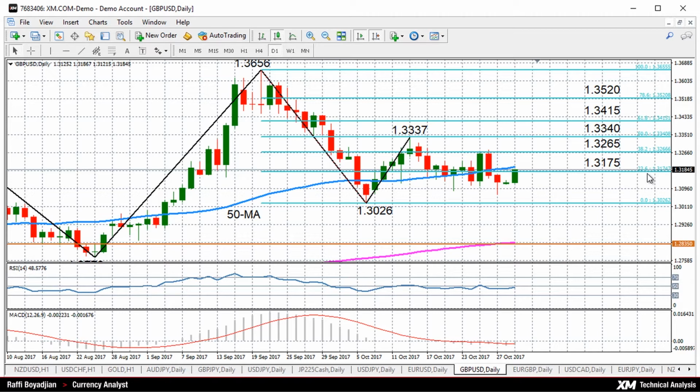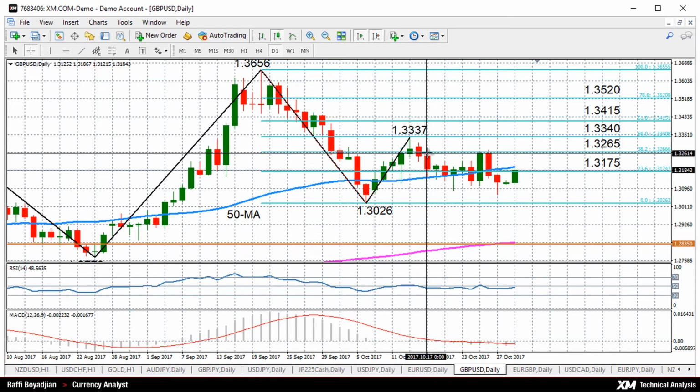23.6% Fibonacci retracement level of the down leg from 1.3656 to 1.3026. The 23.6% Fibonacci is currently around the 1.3175 area, so it's already clearly testing that level, with resistance coming from the 50-day moving average just below the 1.32 level. The next resistance to test is the 38.2% Fibonacci at 1.3265, and then the other one to watch is the